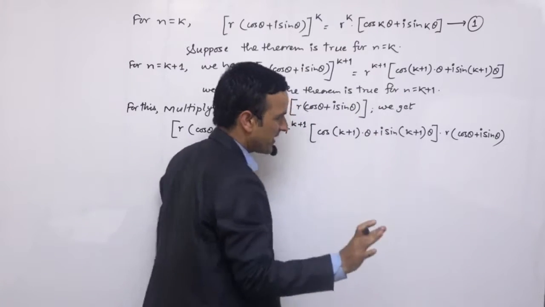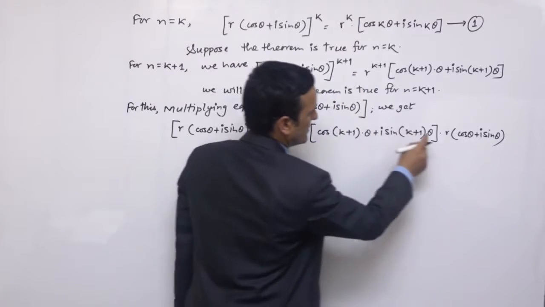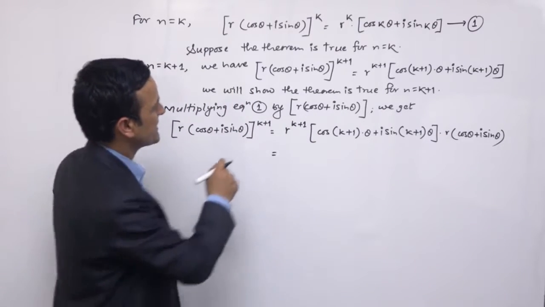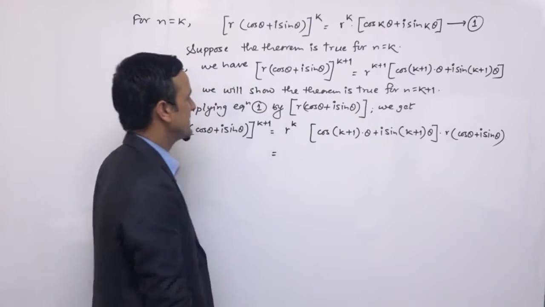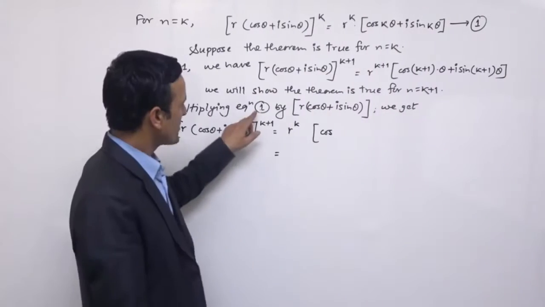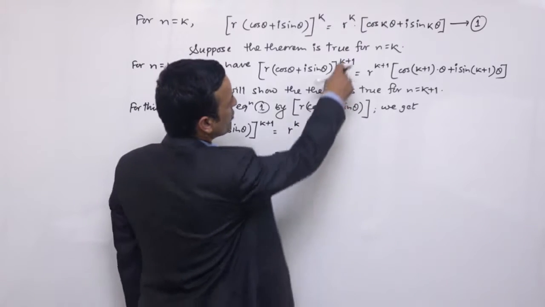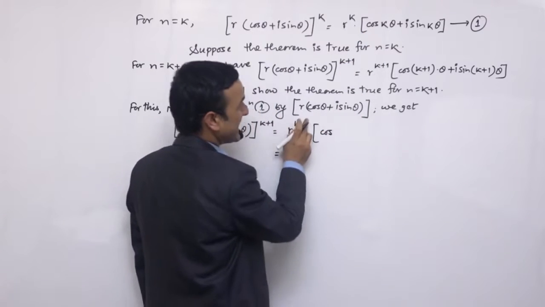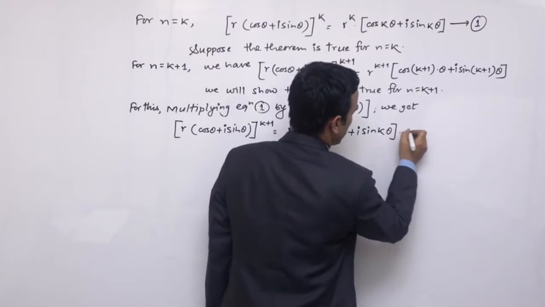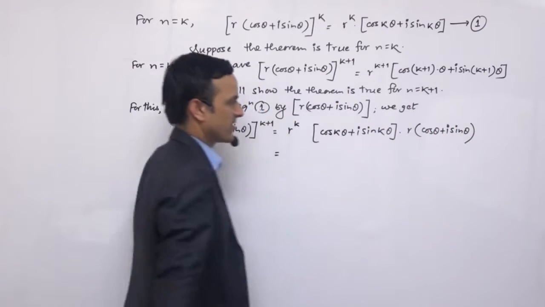RHS already यो छ, कपी गर्ने। यसमा चाहिँ यो multiply गर्ने term चाहिँ इन्टु गरेपछि हामीसँग आउने term भनेको this term into this term, r र r लाई एक ठाउँमा राख्ने। पहिला sorry equation 1 लाई भनेपछि यहाँ k plus 1 हुँदैन, सरी यो k plus 1 हुँदैन, त्यो wrong लेखे। equation 1 लाई यसले multiply गर्ने, so we have equation 1 is this. Equation 1 लाई हामी r times cos theta plus i sin theta ले multiply गर्दै छौं। अनि equation 1 भनेको यो हो, यो term लेखौं: r को power k cos k theta plus i sin k theta, यसलाई हामी r times cos theta plus i sin theta यसले multiply गर्दै छौं।